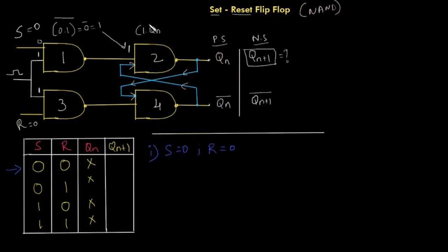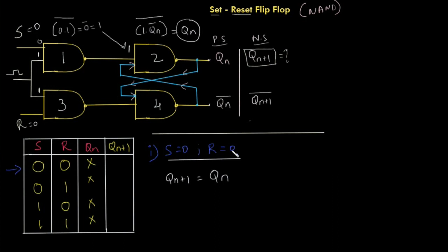Since this is a NAND gate, you get a whole bar, so the output will be Qn. As I told you already, we are going to find Qn plus 1. So Qn plus 1 will be nothing but this Qn. So you can simply write Qn plus 1 is nothing but Qn for the condition S equal to 0 and